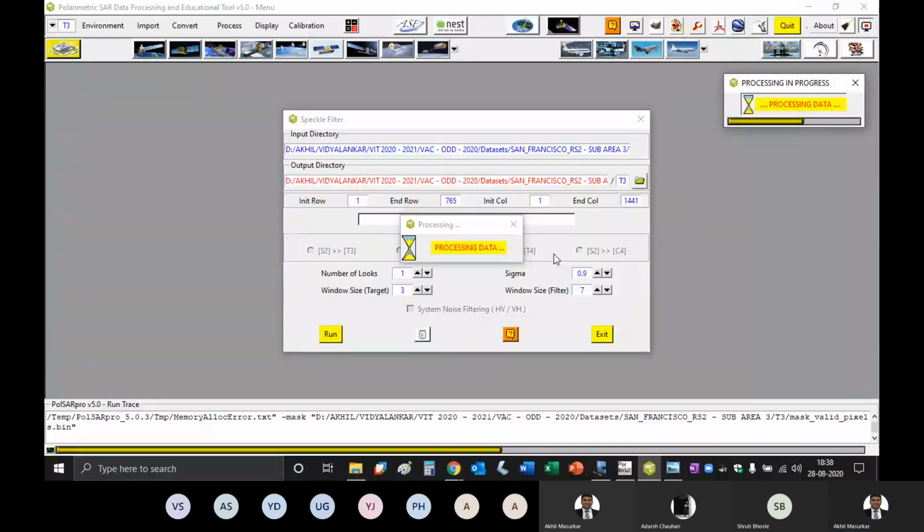Okay. Paritosh, Aman, Yash. So why are we doing filtering?